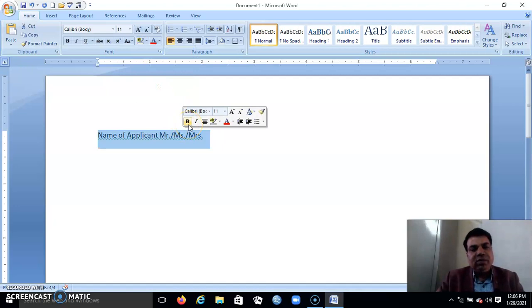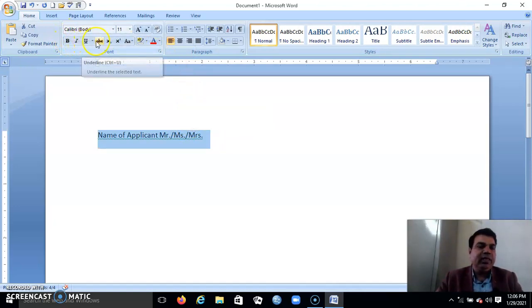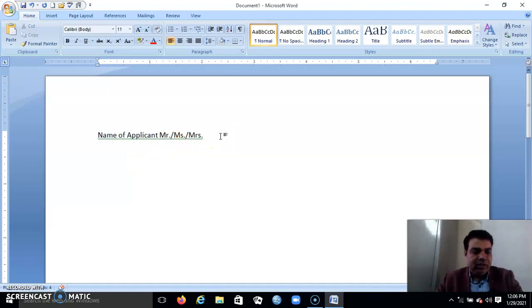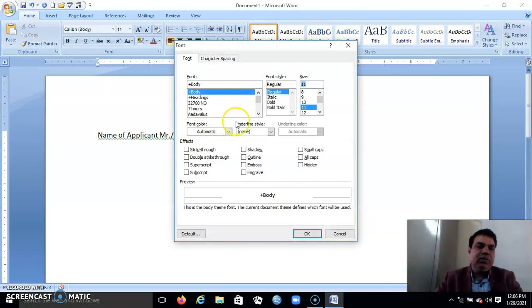Now you can understand, students, what is the use of bold, italic, underline, strike out, font size, font name, font type. The shortcut key to change the font face is Control plus Shift plus F, and for the size it is Control plus Shift plus P. When I press Control plus Shift plus P, it will open the font window.